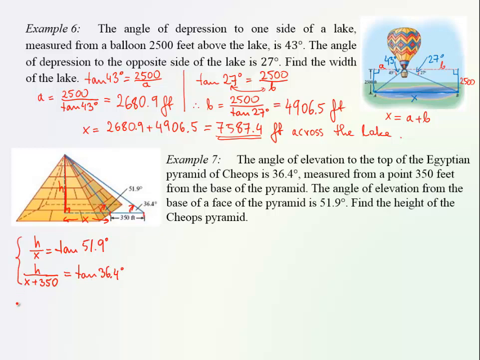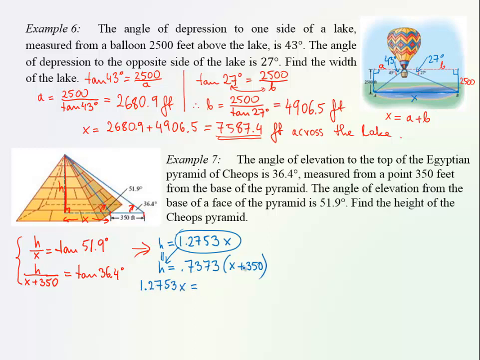Now we really have a system of two equations and two variables, so it's possible to solve them. My suggestion is to solve each equation for h and then compare the values. So from the top equation, h equals, instead of tangent 51.9, we can plug in the value up to 4 decimal places. So that turns out to be 1.2753 times x. The bottom one, similarly, h equals, tangent of 36.4 is 0.7373 times the denominator x plus 350. And since this is the same h, we can make them equal. Therefore, this will be equal to that. This is basically like substitution. Instead of this h, we're using this expression here. And then we have an equation in one variable,